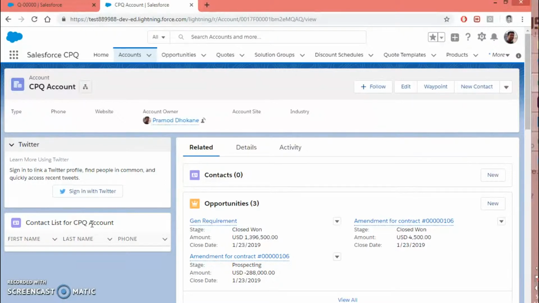Otherwise, if the customer is a recurring customer and you try to generate a new quote, he will come back and say, hey, last time you sold it at, let's say, $50, but now you are asking for $60, so this is not possible, or he might reject your offer. So contracted price will help you maintain the price that you offered on the quote, and it will create the relevant record and maintain that pricing for the future quote or the future deal.